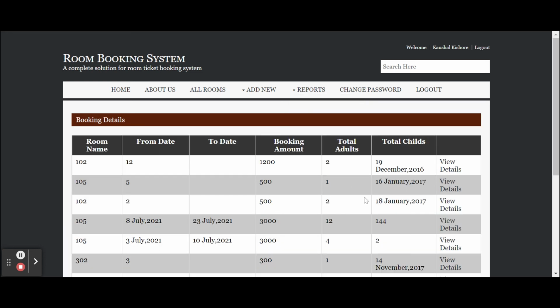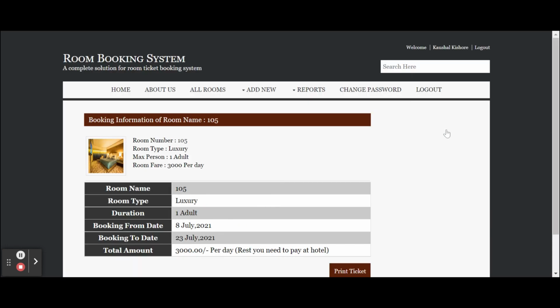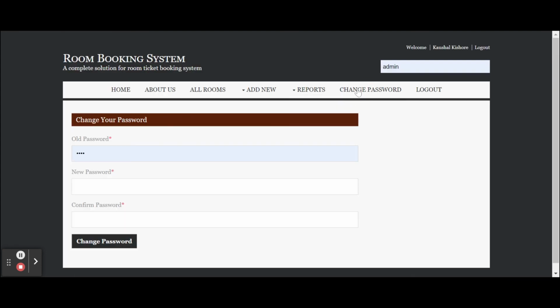This is a booking report. All of the bookings which have been made by customers will be displayed here. And once you click on view details, you will be able to see the details of the booking. This is change password, from where you can update your account password, and the logout. You can see the menus are different in comparison to the customer because it's session driven. We are rendering it according to the user role and permission. Admin has most of the rights, most of the operations. Admin can perform most of the operations.